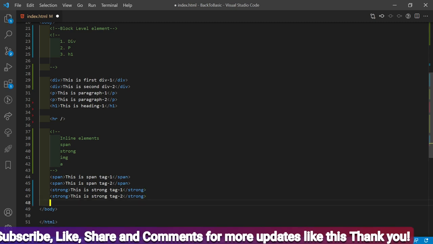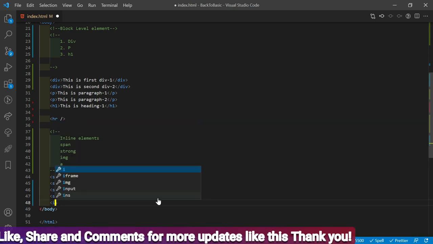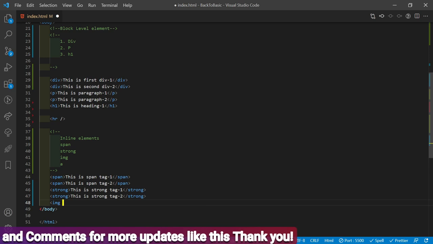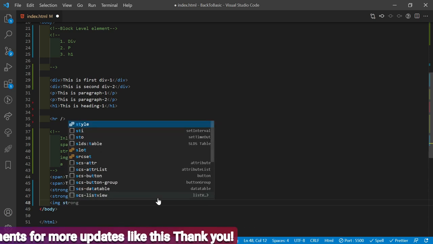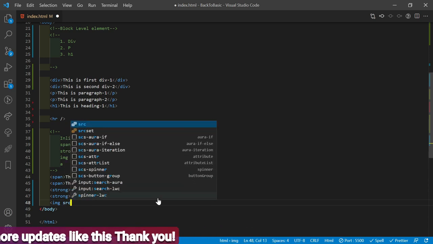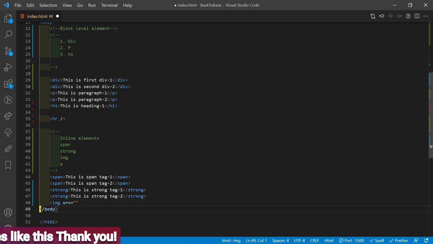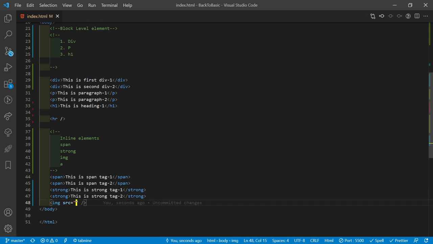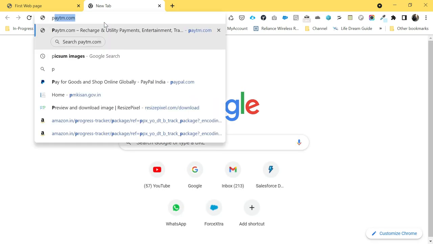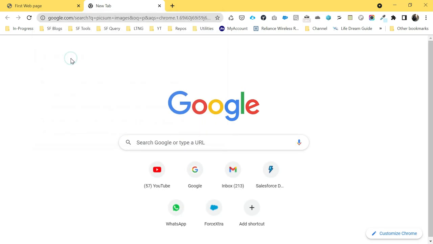Now come to another element like image src. So img src, you can take any image from the web or something like that, src, then close it. This is a self closing tag, and you have to write some images. Okay, so you can pick some images.